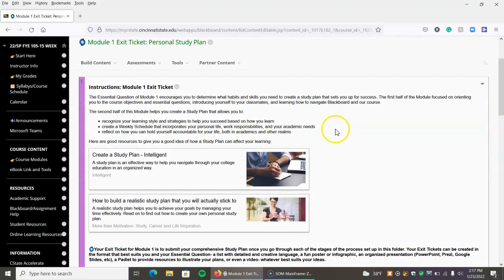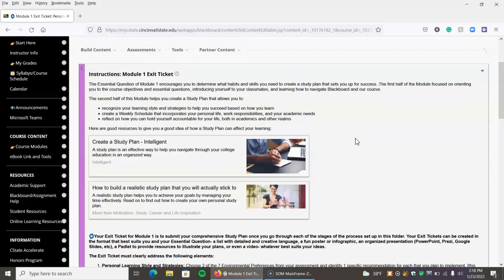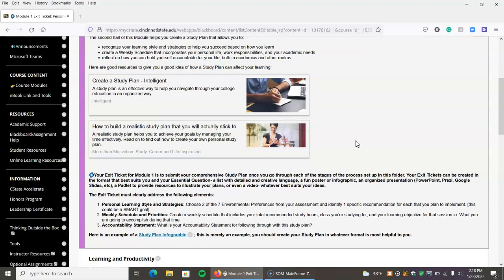When you click on here, you'll see the overview for the Module 1 exit ticket. Remember that the essential question for Module 1 is probably something like, how do I build a study plan that works for me? Or maybe, what are the parts of a study plan that will help me be a more effective student? Your job is going to be to build that study plan. And that study plan can take the form of whatever you like, something that you can use